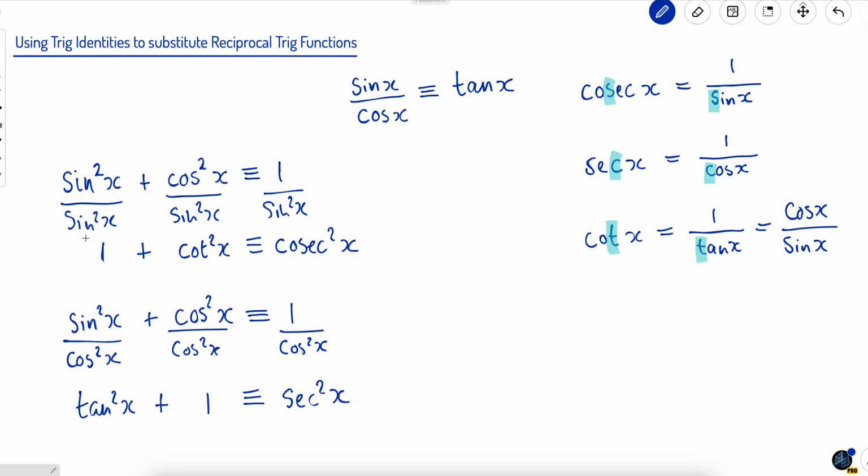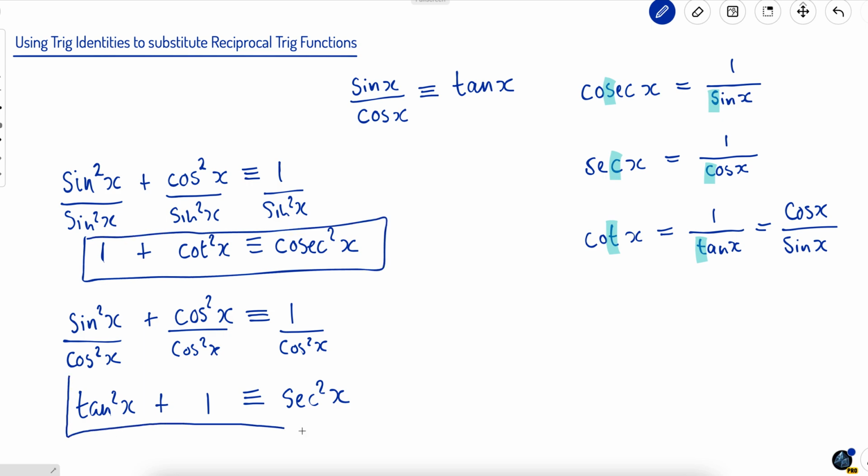So now I have 2 further identities that I've just derived using the Year 1 identities with the reciprocal functions, and I can use these to replace